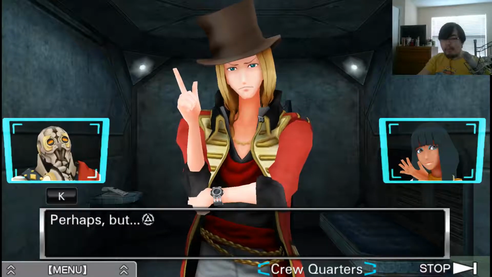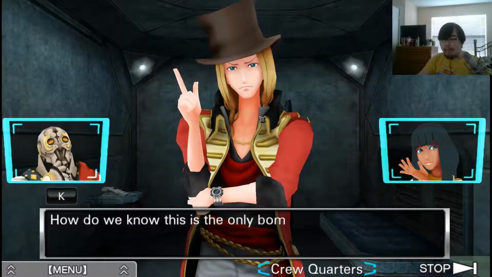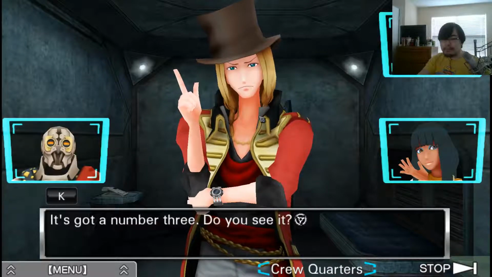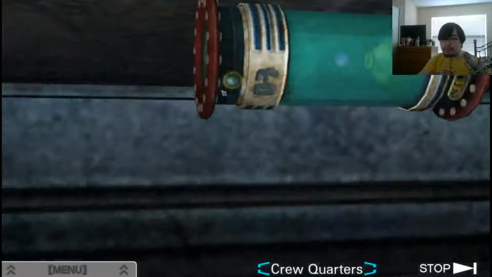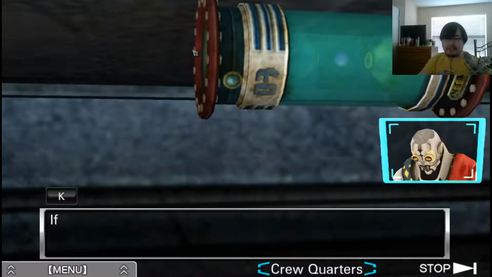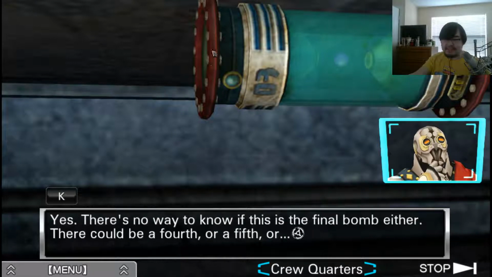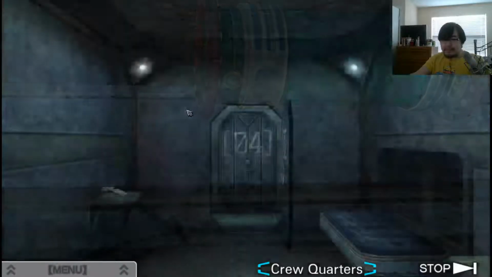Perhaps, but how do we know this is the only bomb? What do you mean? Look at it carefully. It's got a number 3. Do you see it? Yeah, you're right. If the bombs are numbered... Then there could be a number 2 and a number 1 bomb out there, huh? Yes. There's no way to know if this is the final bomb either. There could be a 4th, or a 5th, or...